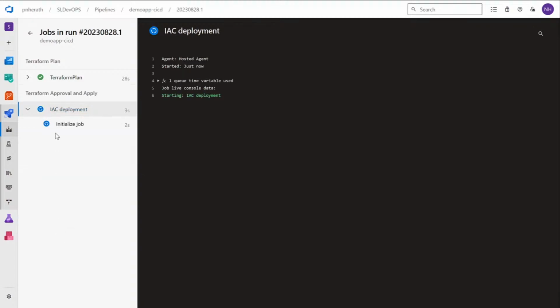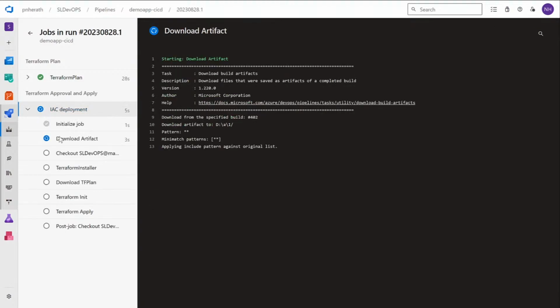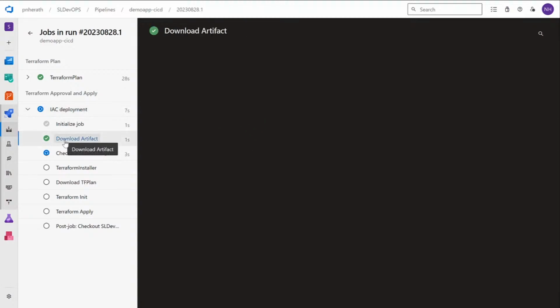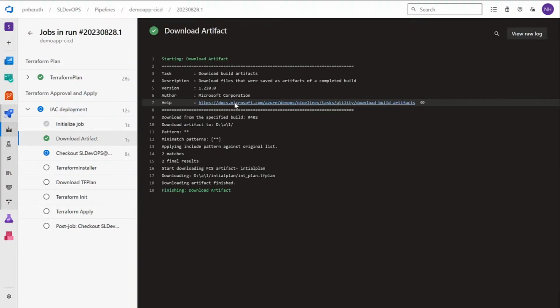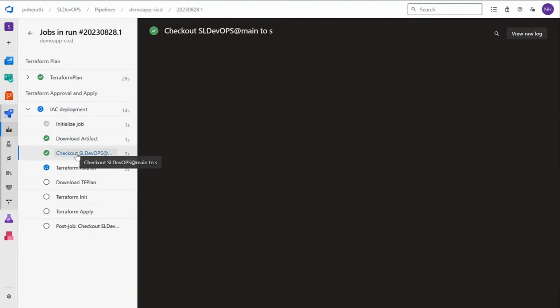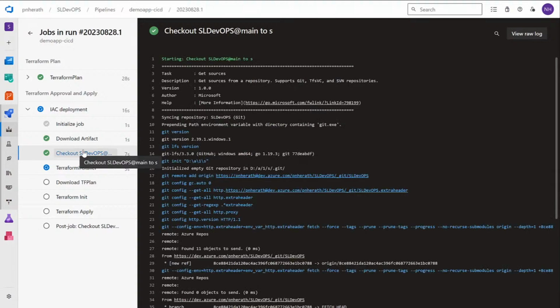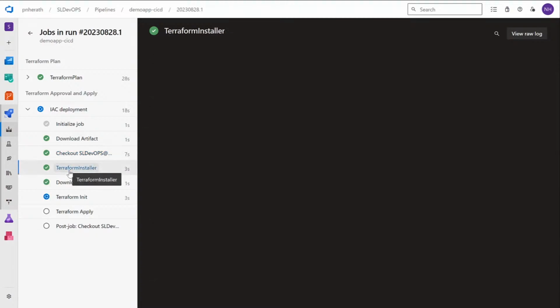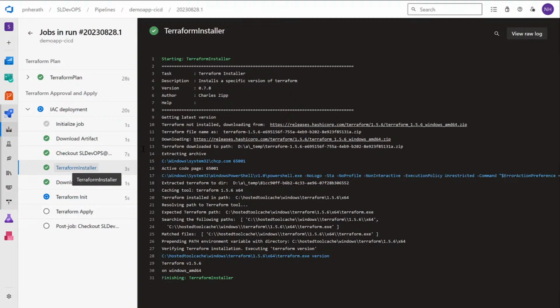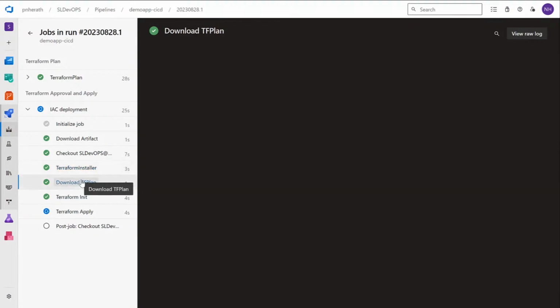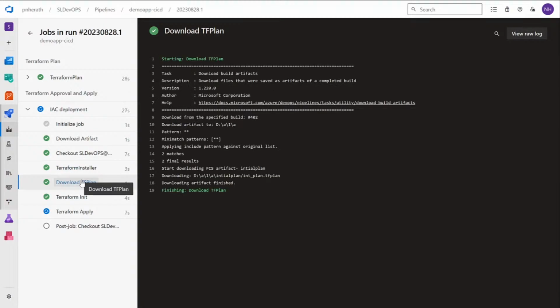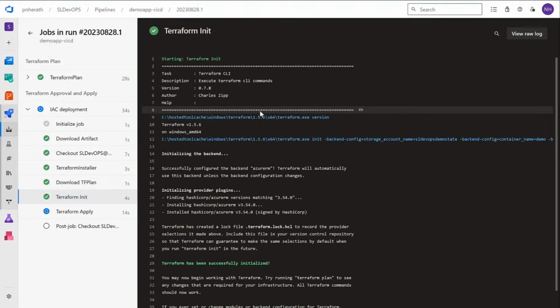Okay, it is starting. Now we download artifacts. Then checkout state is completed. Then Terraform installation. We install the latest version of Terraform. Then download the TF plan, which we published in the CI stage. And then we have the Terraform init step,